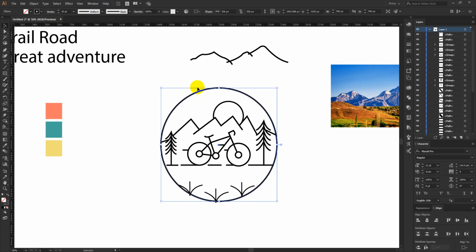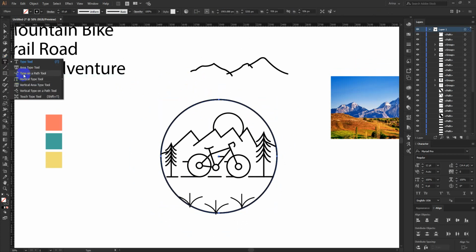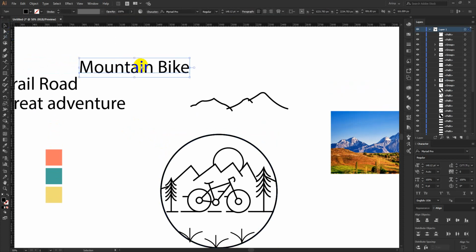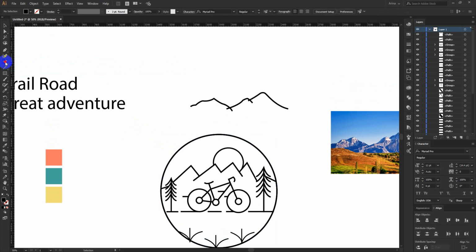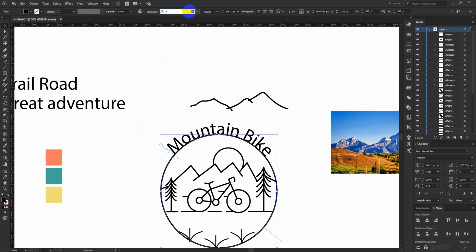That means Ctrl F. So when that is pasted in front, I can just simply take my type on path tool. Okay, before that I need this text. I am just going to cut that. Type on path tool, click here, paste it here. Now you can see we have our text.